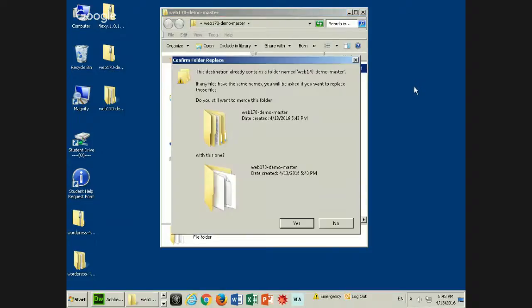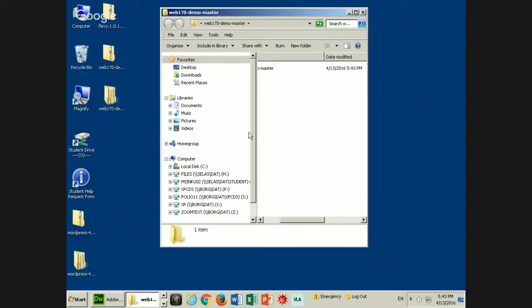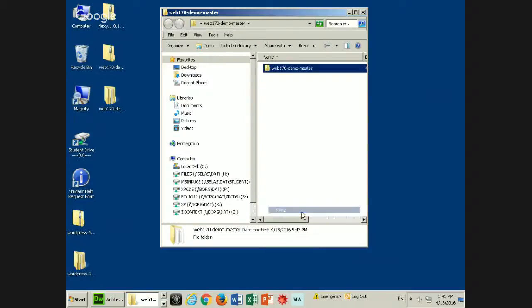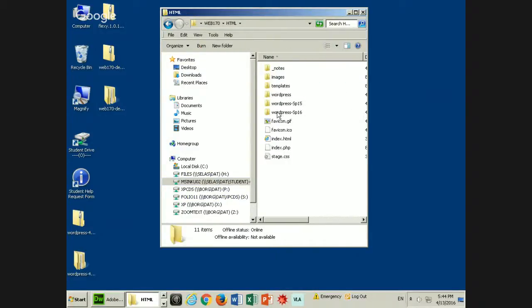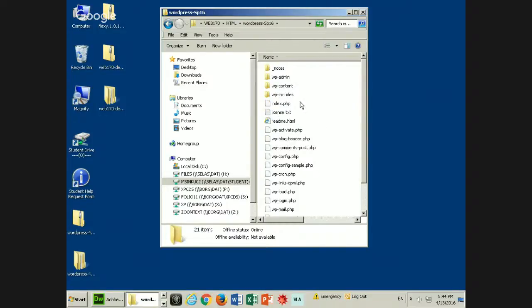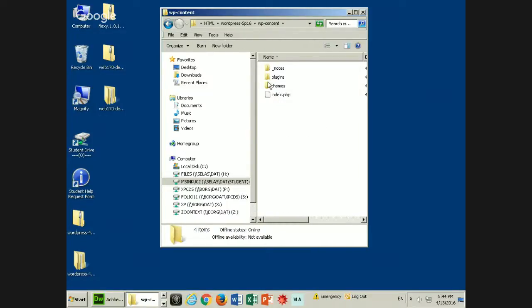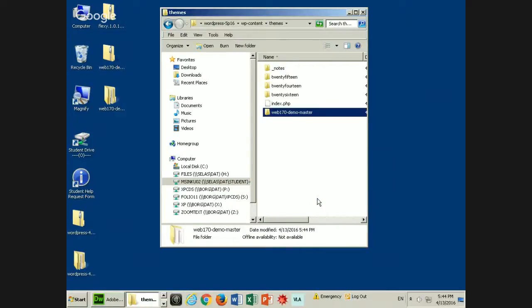So if I put that there, oh, no. If I then copy, went to my O drive, WEB170, HTML, WordPress Spring 16, WP content, themes, pasted in here,